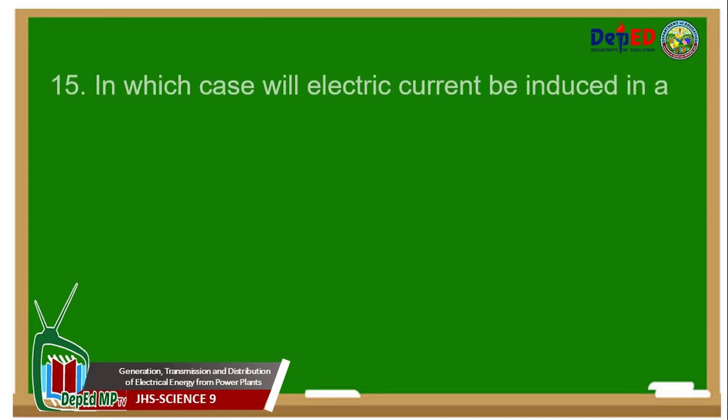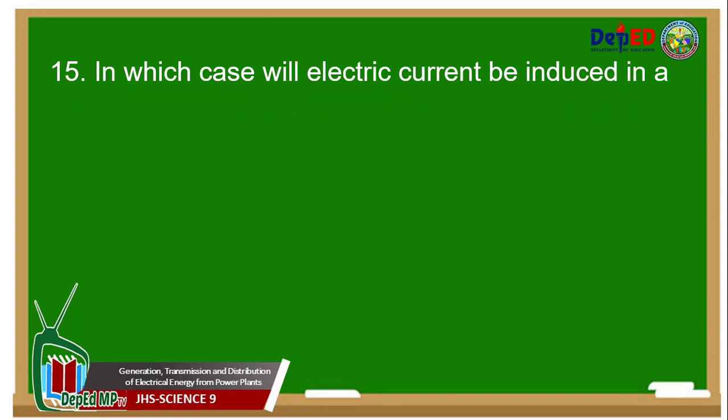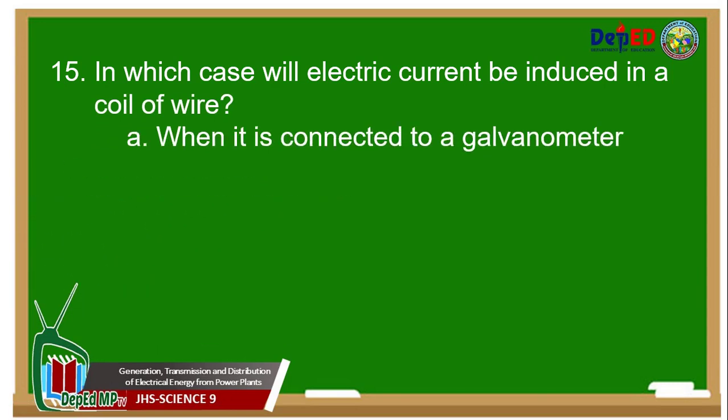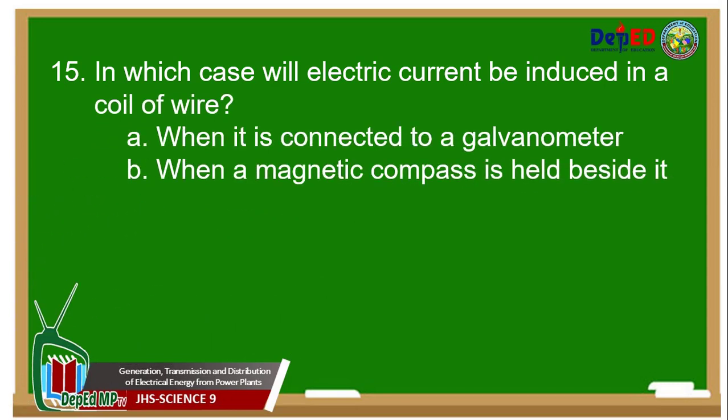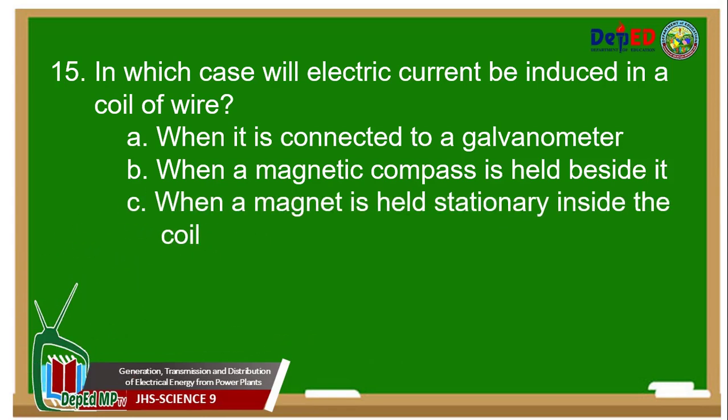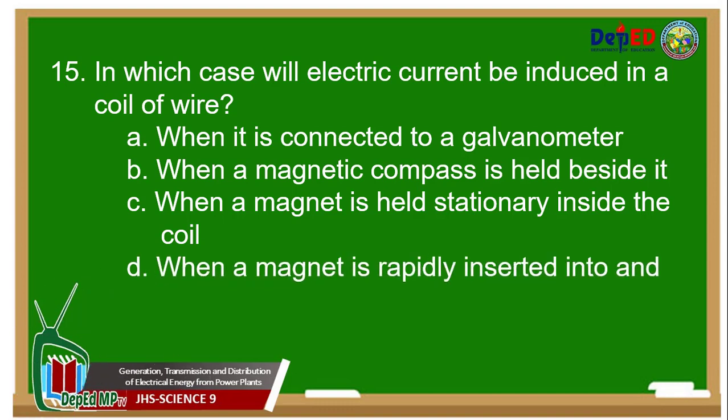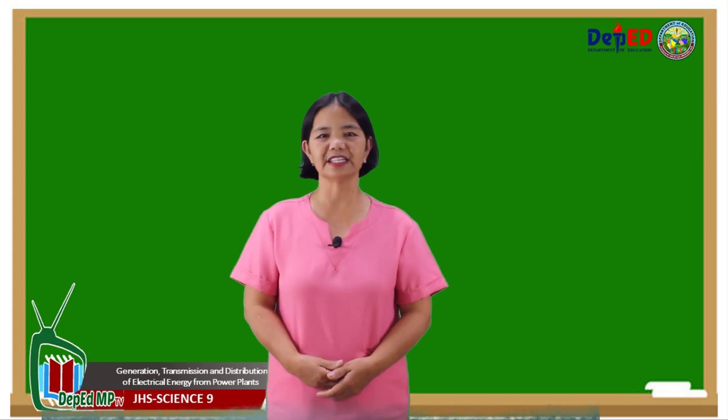Lastly, 15. In which case will electric current be induced in a coil of wire? A. When it is connected to a galvanometer. B. When a magnetic compass is held beside it. C. When a magnet is held stationary inside the coil. And D. When a magnet is rapidly inserted into and out of the coil. You have reached the last part of